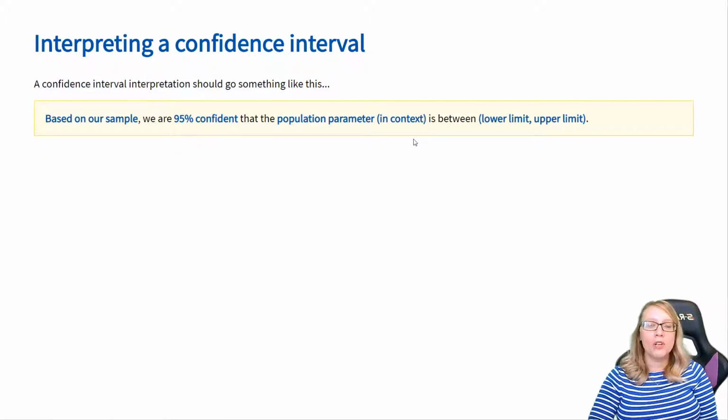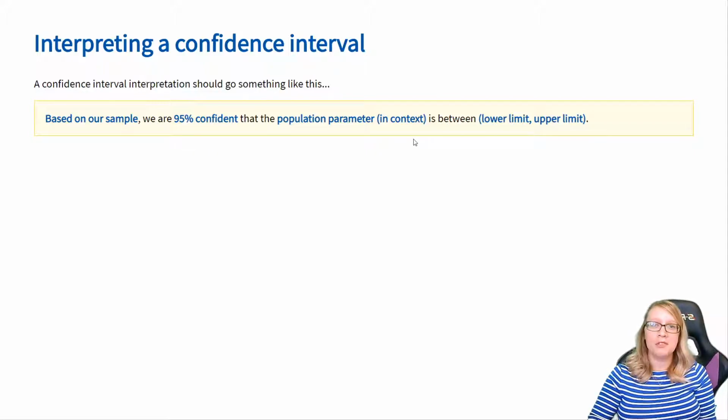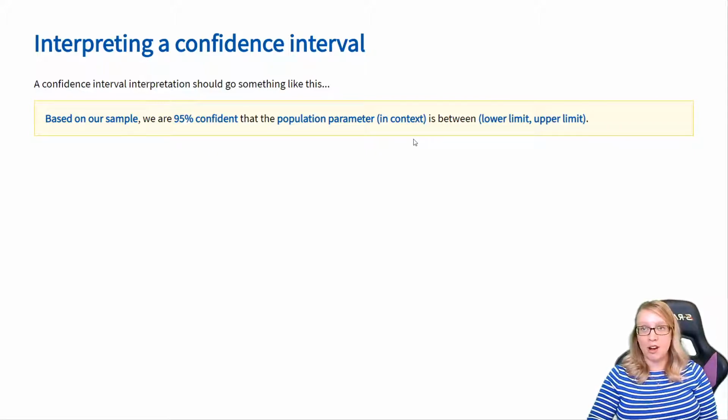Now let's talk about how to interpret these things. An interpretation of a confidence interval should go something like this. We start with saying, based on our sample, because every sample will result in a slightly different confidence interval, so we want to make sure to acknowledge the fact that our interval comes from one specific set of data. So based on our interval, we are 95% confident that the population parameter, whatever it is in context, is between